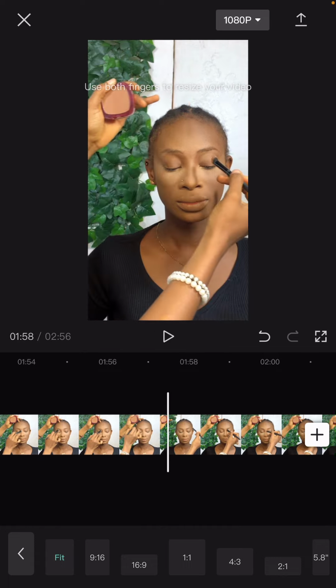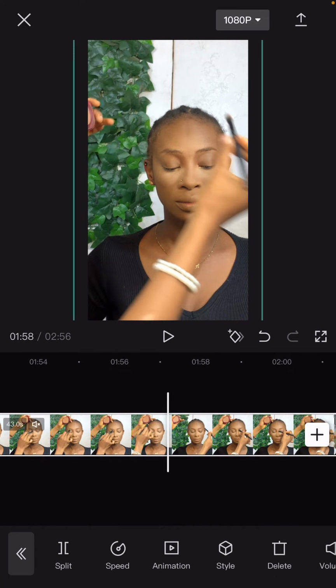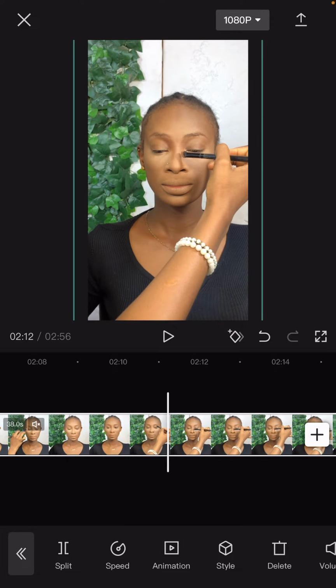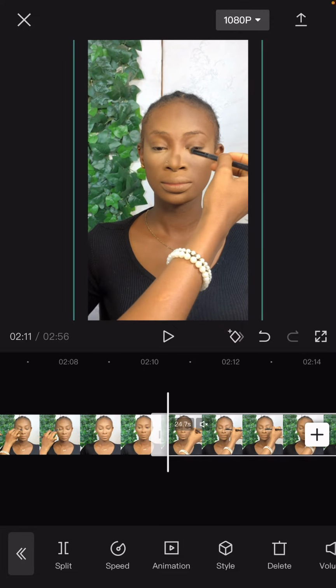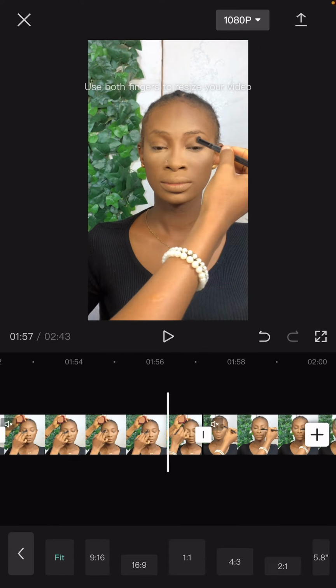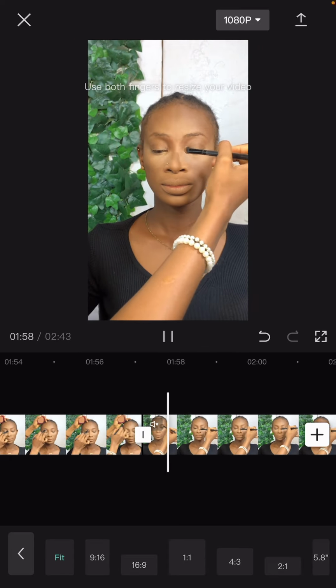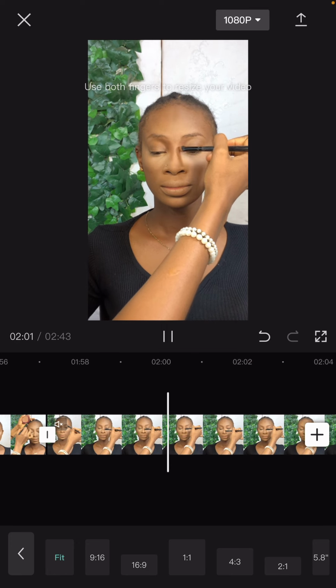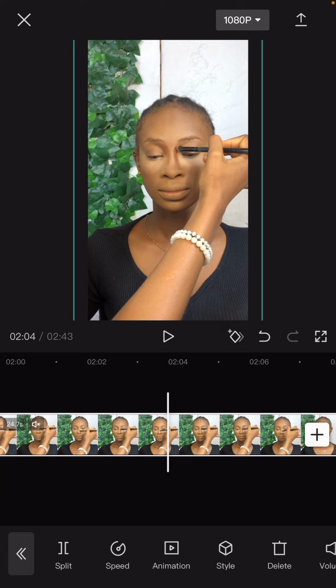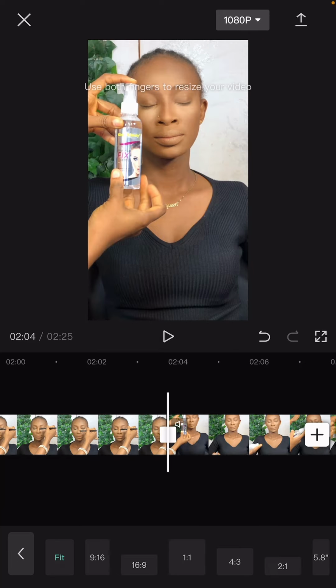okay, then you can decide to split again. That's if you want to put the whole contouring process. So split again, then delete this middle part. At least nose contour is almost finished, so we can stop here. We don't want a long video. Then